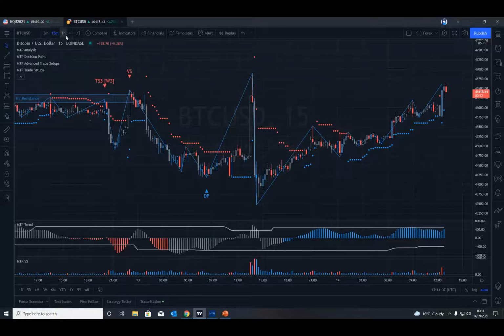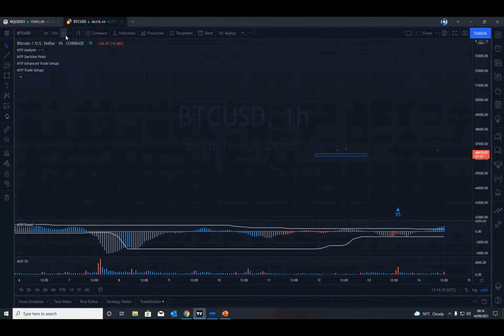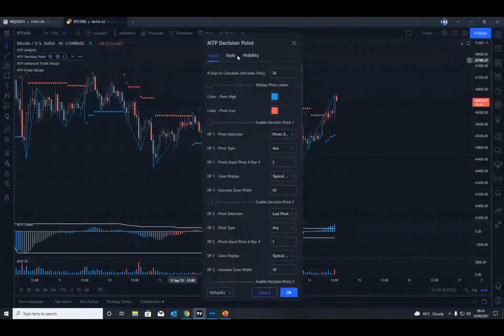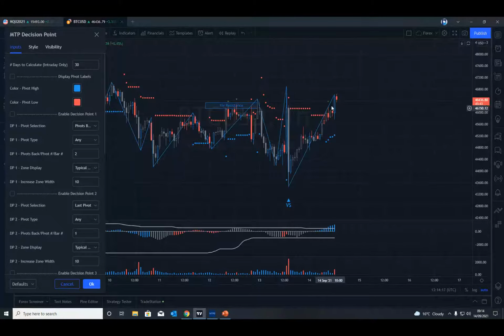So let's go back to the hourly chart and see where DPs were coming in on other pivots. I'll come back to the decision point level and go back to that pivot, which was now 6 pivots back. See, there's the DP in the high there. If we move forward 1 pivot less, off this pivot here, as the market was starting to go down, look what the market did. It went down to this level and made a reversal at this level here.